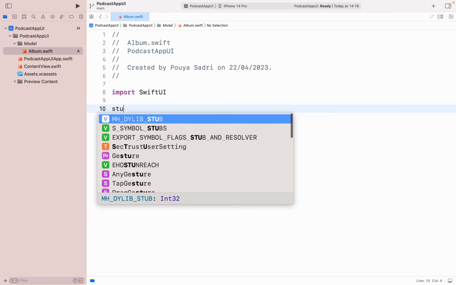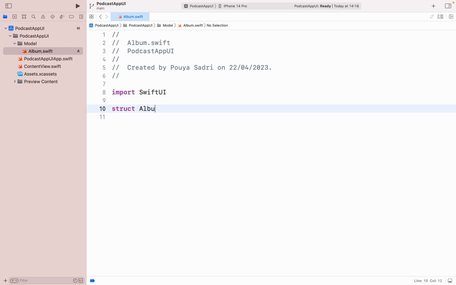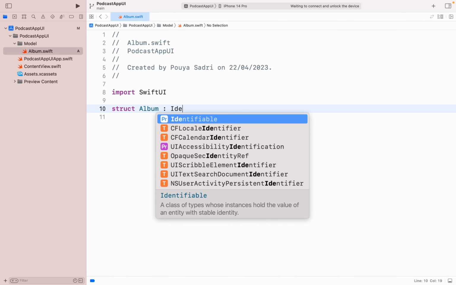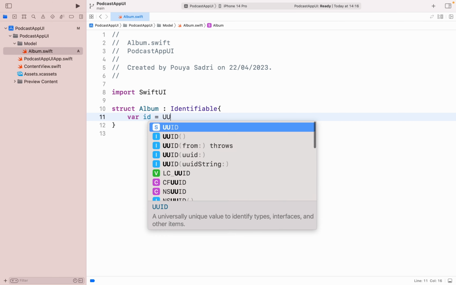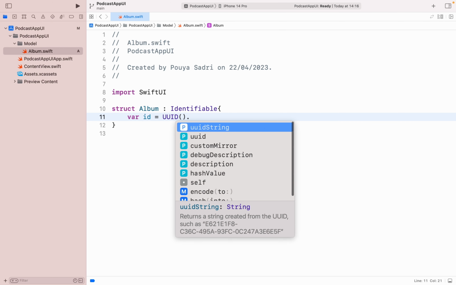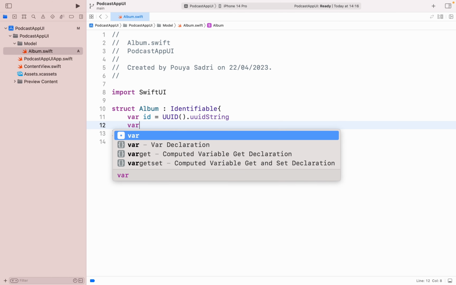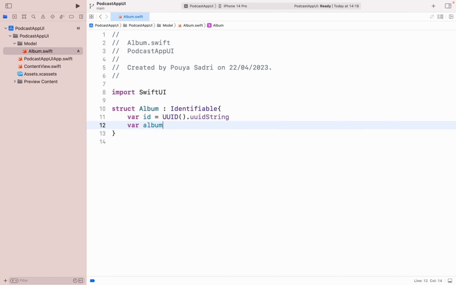After that, we have a struct Album, and it is Identifiable. Here we have a variable id equal to UUID().uuidString. And here we have an albumName of type String, and again a variable albumImage of type String, and here a variable isLiked,